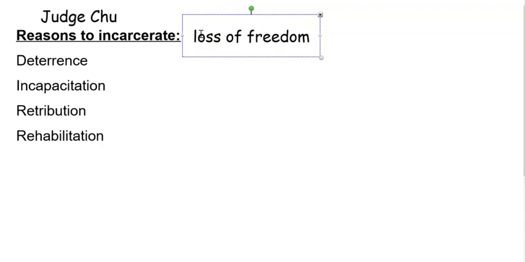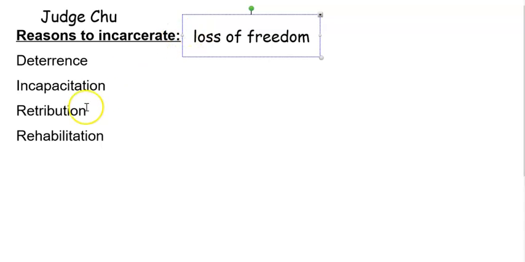She's going to give really quick definitions of these, and I'm going to ask you to write those down because I really think it's important that we know why judges choose to incarcerate. When we talk about incarceration, we're talking about a loss of freedom. So why would a judge make a decision to take away somebody's freedom and put them into a facility where they cannot come and go of their own free will?